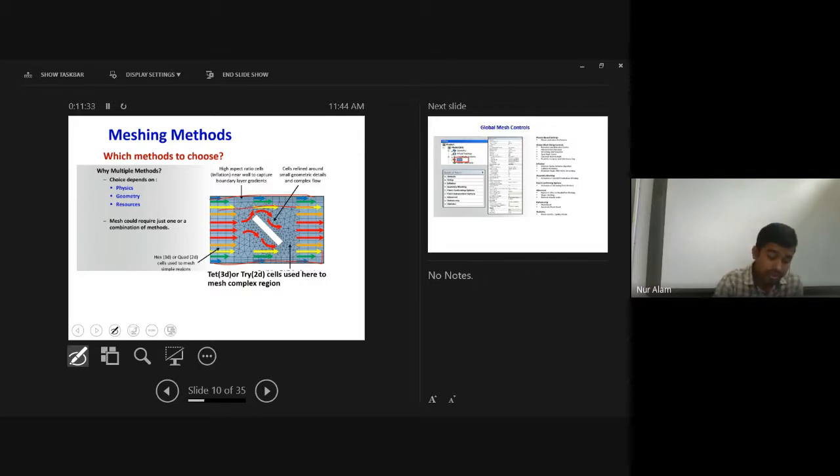Suppose in this case this part is the main investigating part. Around this you have to perform a very fine mesh, and at the inlet, up to this and up to this, you can use a coarse mesh. It will reduce the computational time and you will still get the proper result.